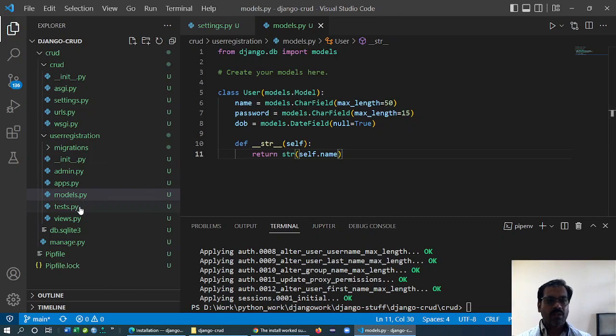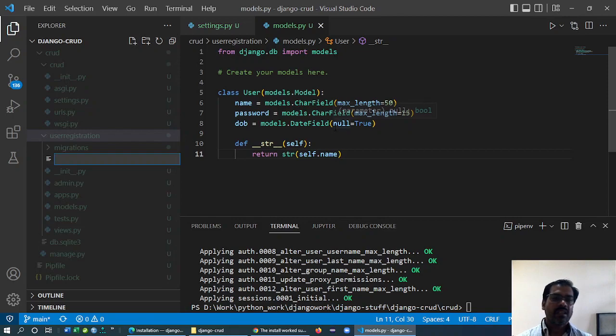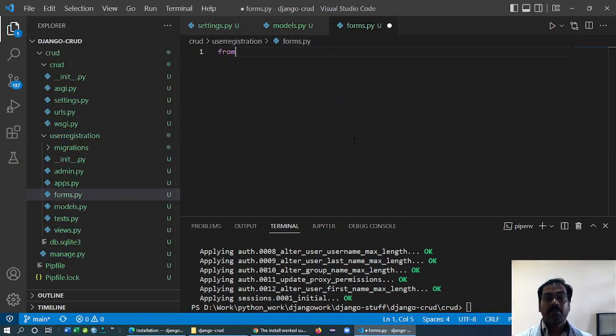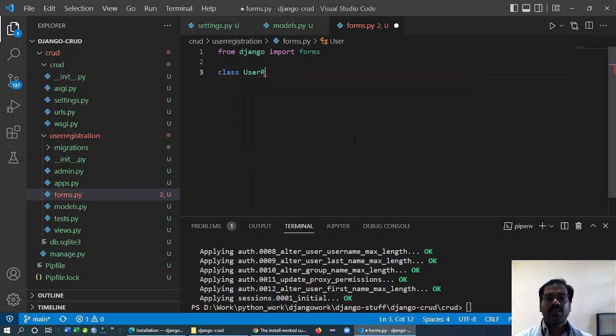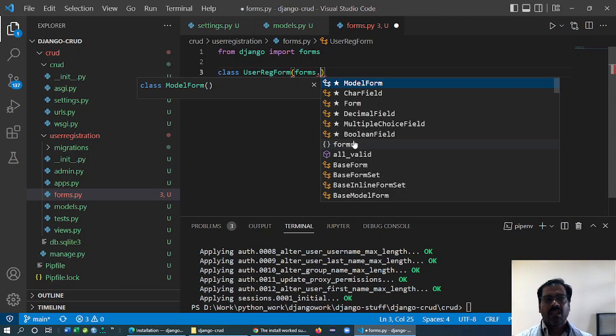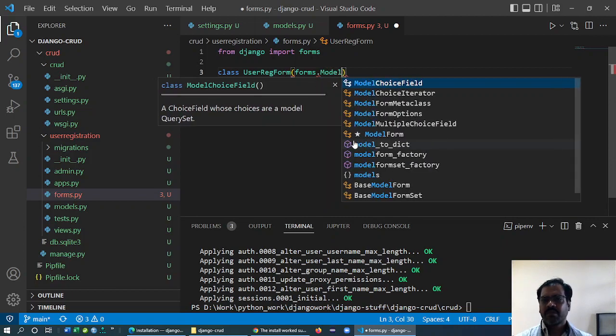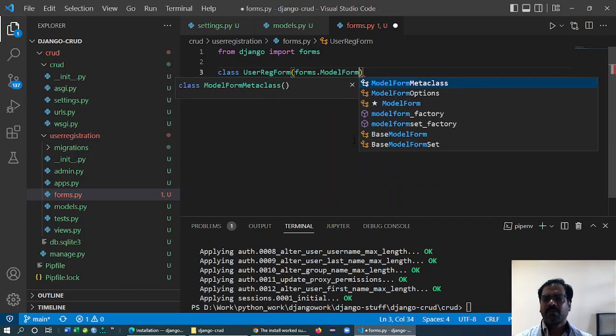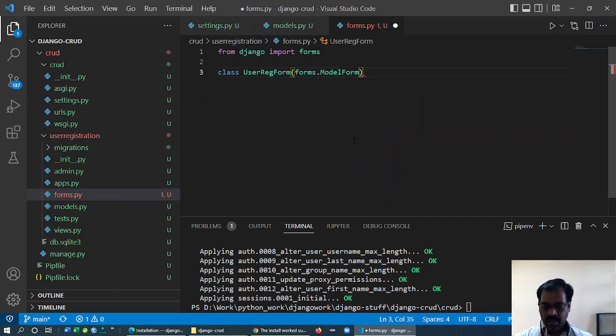Now I go to the forms.py, otherwise I can just go to this user registration and create a forms.py. From Django import forms, and now class UserRegistrationForm, okay, and now forms dot, I think ModelForm, and then